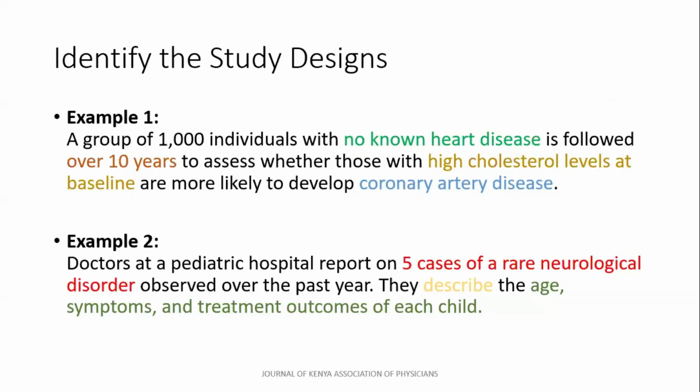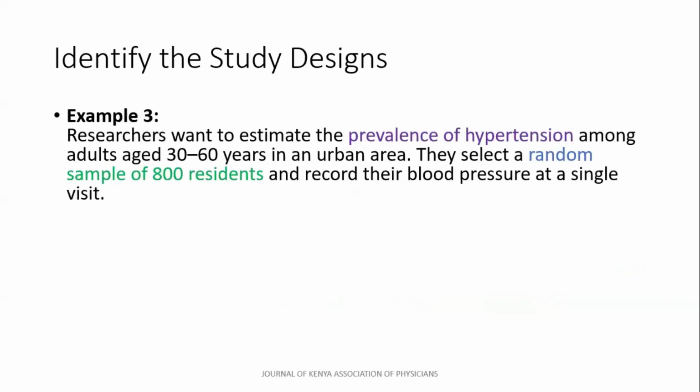Thank you. So this is a case series. So we have more than one unique case of a neurological disorder, and we're basically describing in detail the symptoms of each of these patients, so their age, their symptoms, and the treatment outcomes. So case series. Next example, researchers want to estimate the prevalence of hypertension among adults aged 30 to 60 years